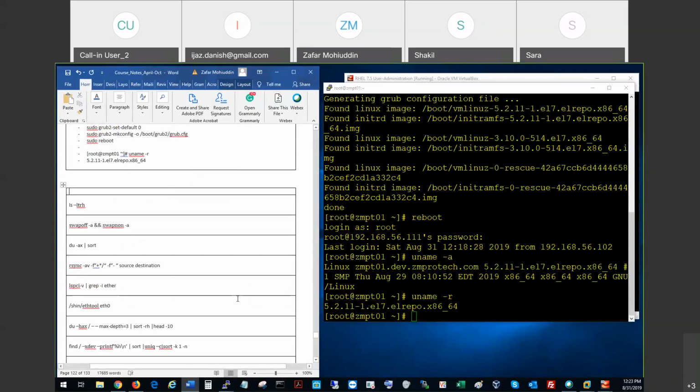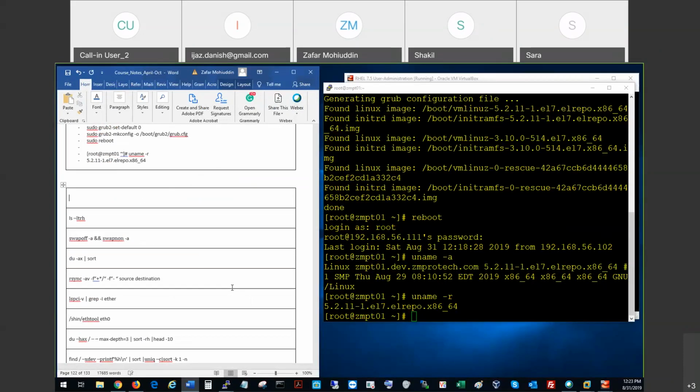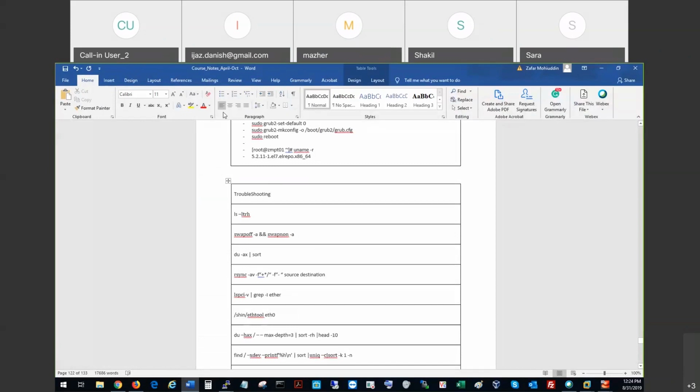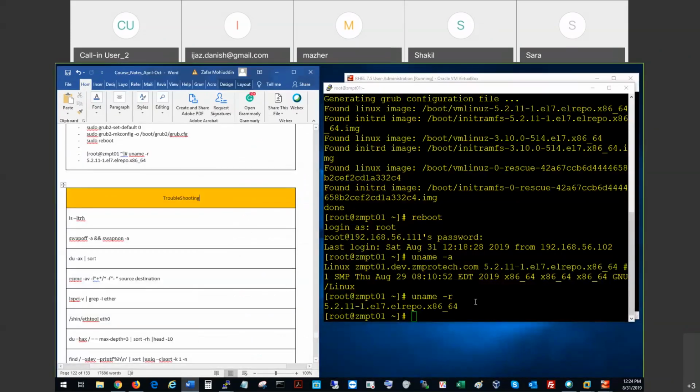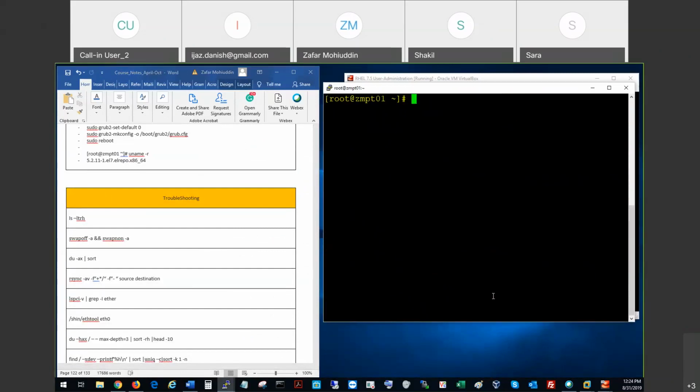So what I'm going to do is just name it troubleshooting here, a separate section. Okay, so I'm going to quickly go over all this here. So the very first one is